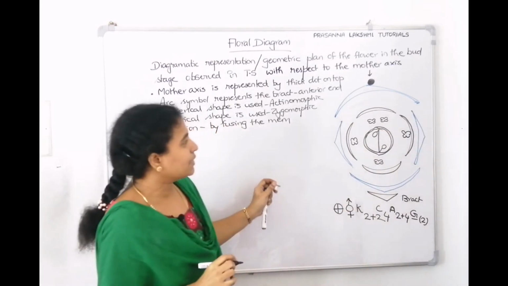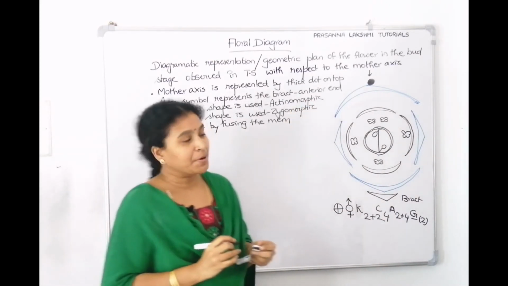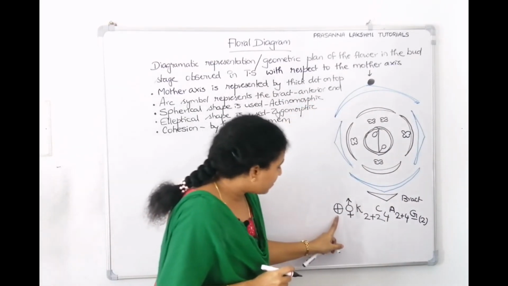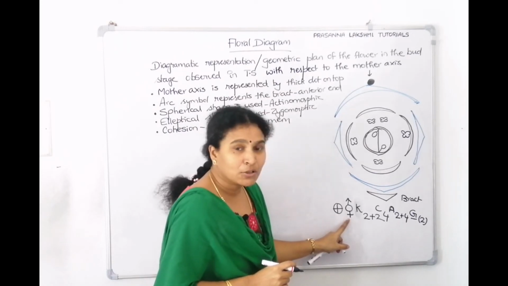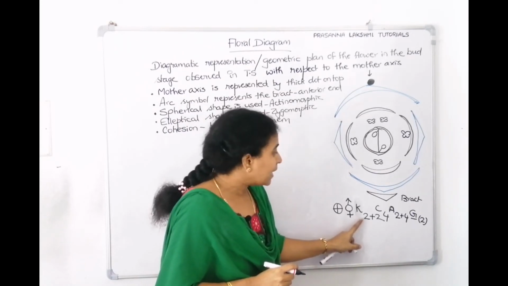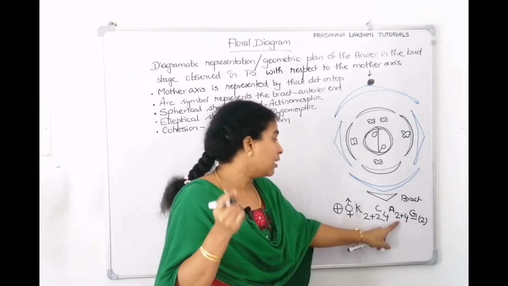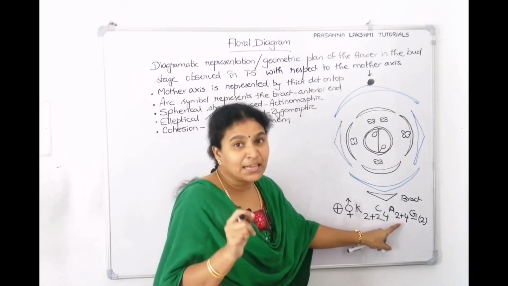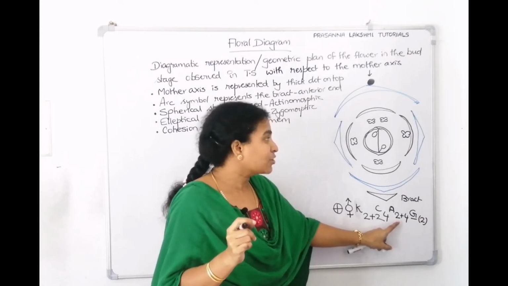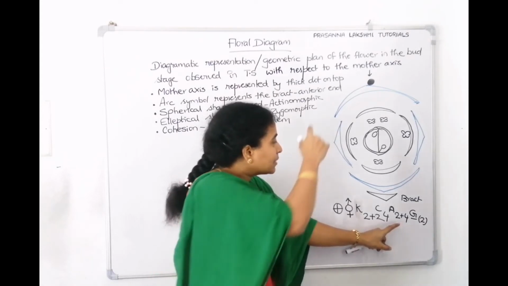Parietal placentation also we can see here. This is a floral diagram representation. So we wrote about symmetry also, we wrote about sexuality also, we wrote how many sepals are there, how many petals are there, how many androeciums are there, and we talked about the nature of the anther. It is dithecous, I told, and dehiscence, actually it is longitudinal dehiscence, it splits like this.